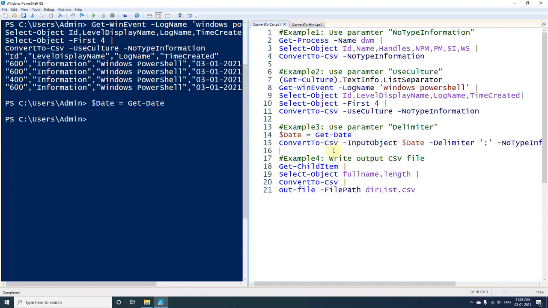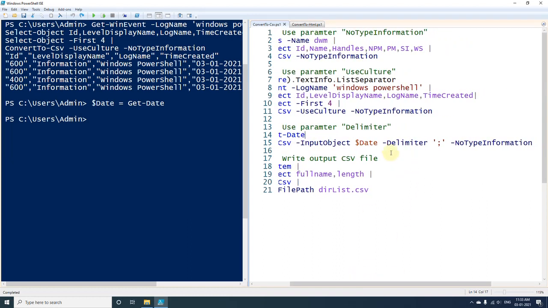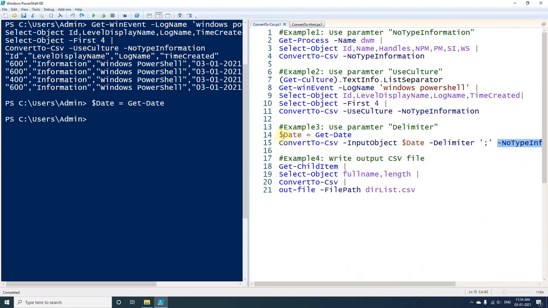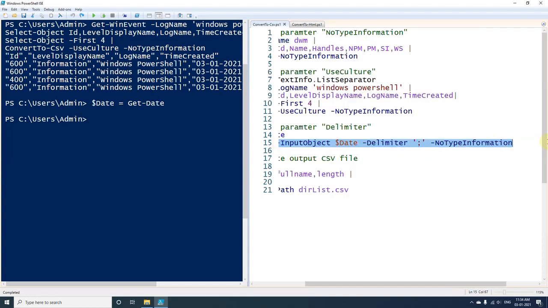Instead of using ConvertTo-CSV after the pipeline symbol, I have used the parameter called InputObject. In InputObject I am passing the value of the variable which is $date, which contains the date time value, and after that I have used the parameter Delimiter and I have passed the value, and again I have used the NoTypeInformation parameter. So if I execute this line, now let's see the output.